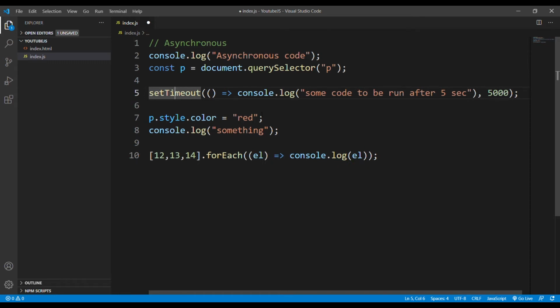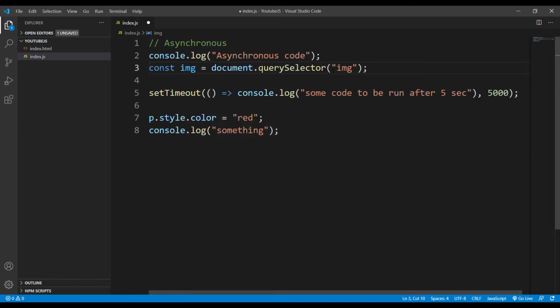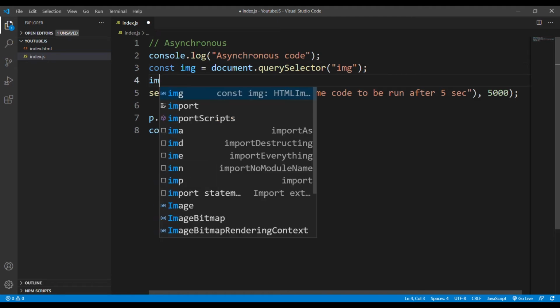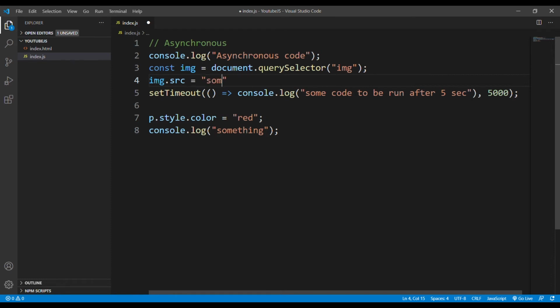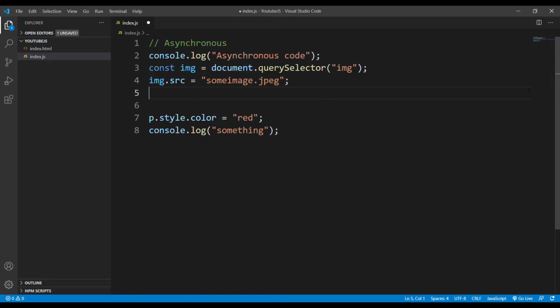It's the function. Okay, like we have some special functions in JavaScript like setTimeout, or I can say when we are loading an image. Okay, I want to give an example of the image, like how that works. For example, I want to select an img tag here, and if I set img.src to some image, okay, let's get rid of this timeout so that we have more clarity and it will not create any confusion.